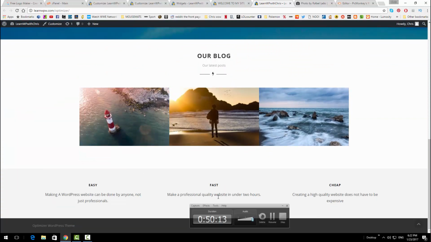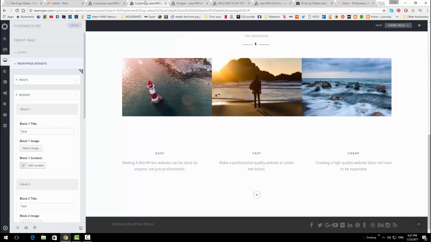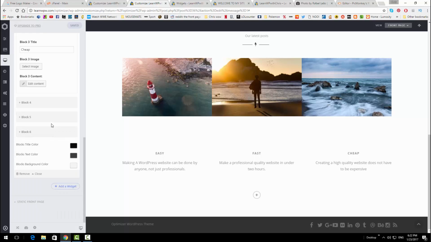As you can probably notice as well, the background of these little blocks are a different color. I don't mind it too much, but you can change this. So let's see if we go back to this screen here. Blocks background color, you can make that straight white. And there you go, it matches it up. And you can even change it to, I don't know, even red,